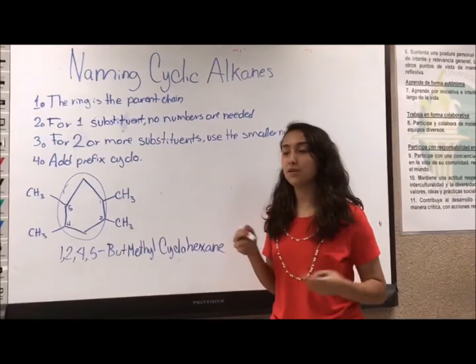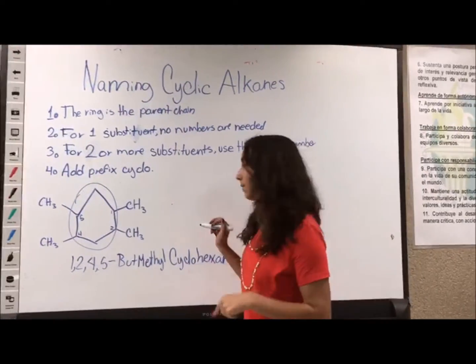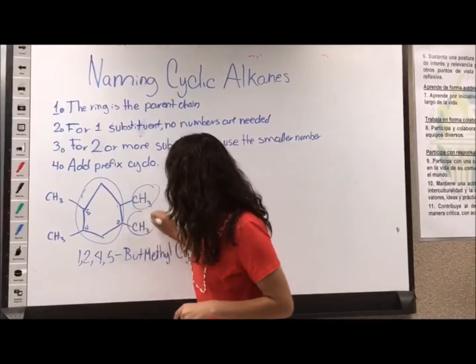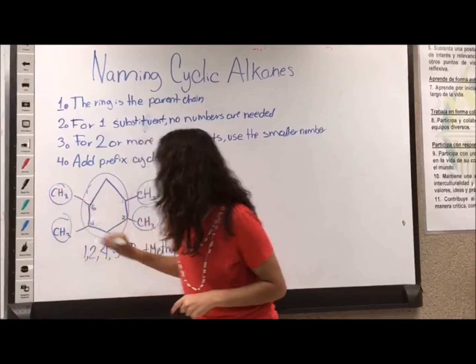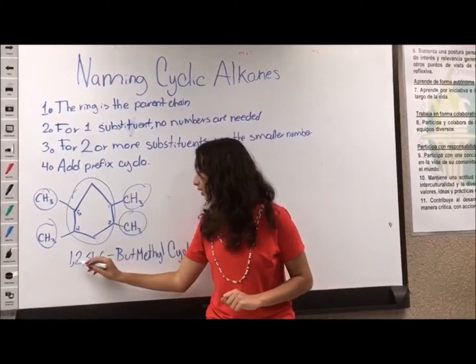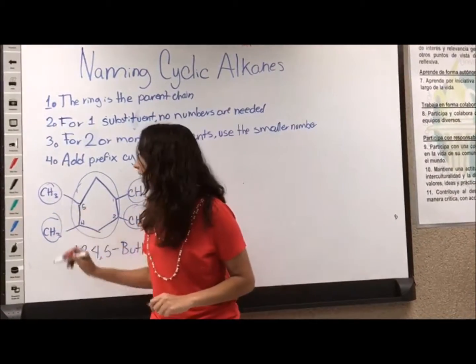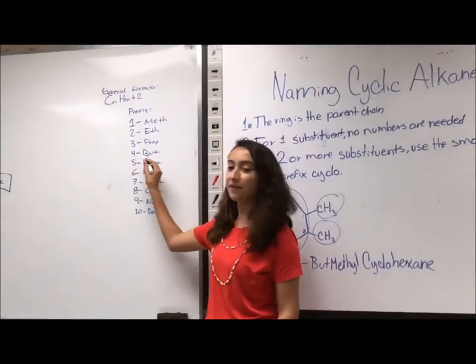Otherwise you will have the numbers too far apart and you want to use the smallest number. So in here I have 4 branches, which are all of them methyl. So I'm going to put 1, 2, 4, 5,